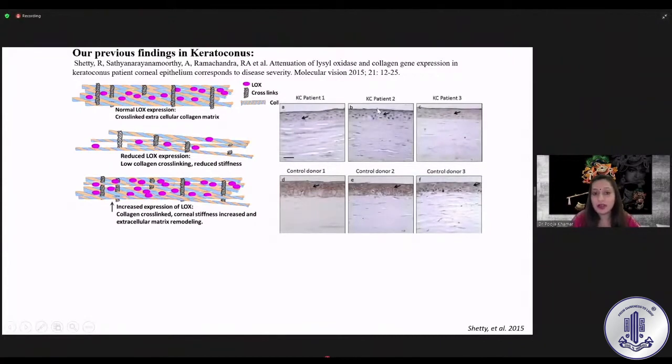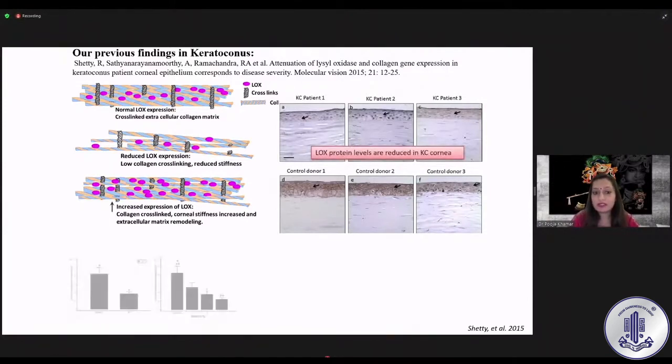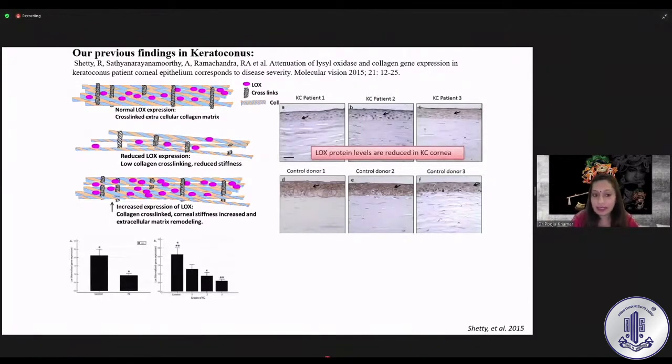We have seen, in the graft tissues of keratoconic patients undergoing transplant and in healthy donor corneas, that in the keratoconic eyes there is reduced expression of LOX. If you can see the brown color here in the healthy donors, that means the LOX is present, which is absent in the keratoconic eye, in the stroma. This was further studied in the corneal epithelial cells, where lysyl oxidase was lower in quantity compared to controls, and that trend was maintained with increasing grades of keratoconus. And the same was studied in the tears of the patients, suggesting that yes,